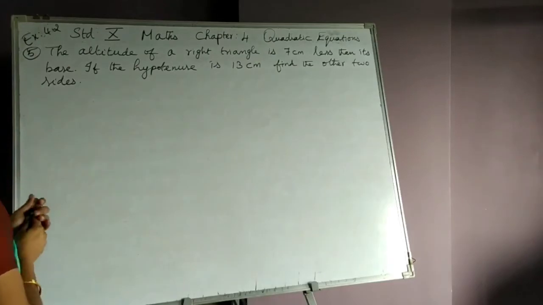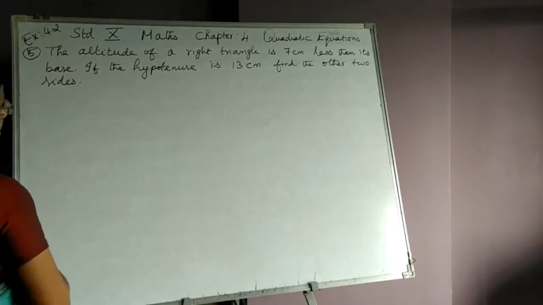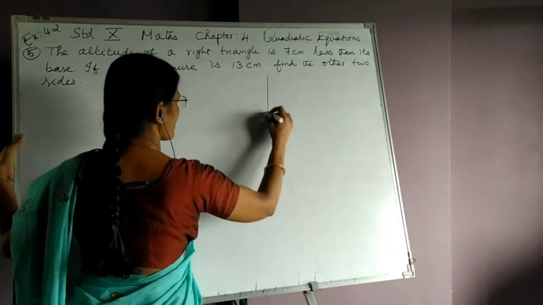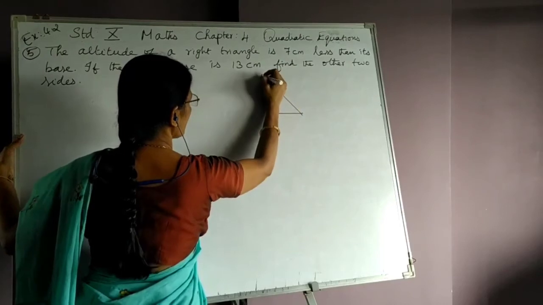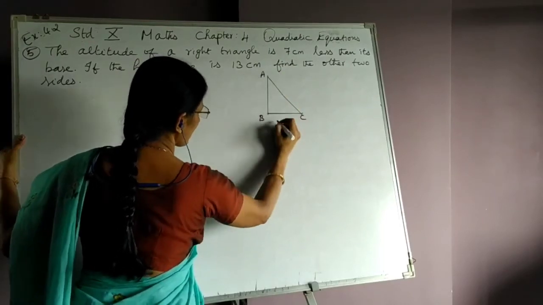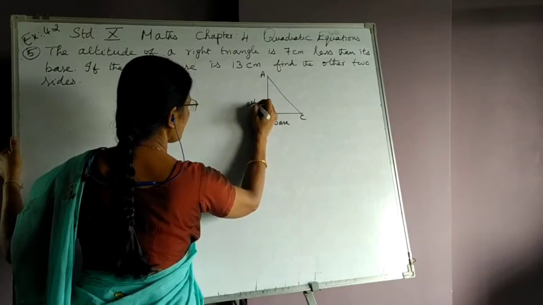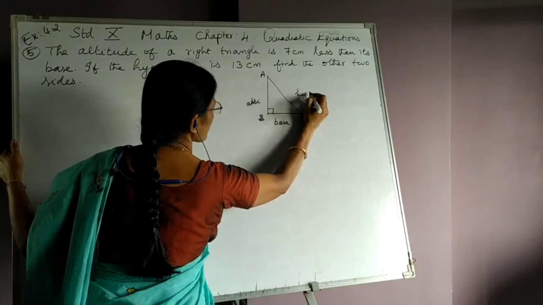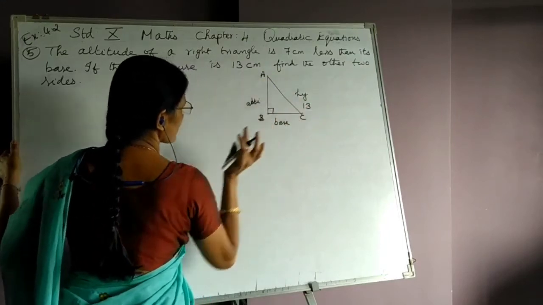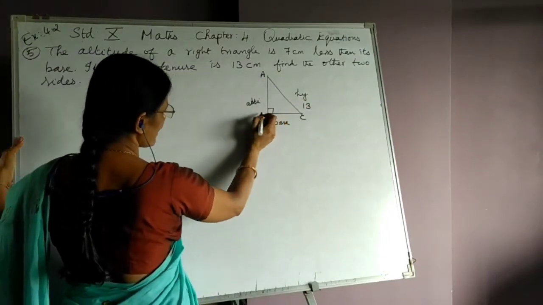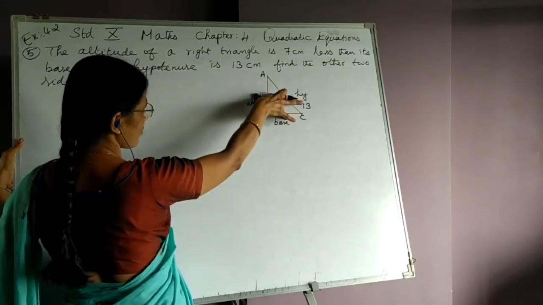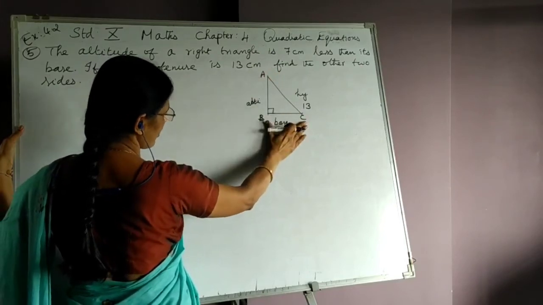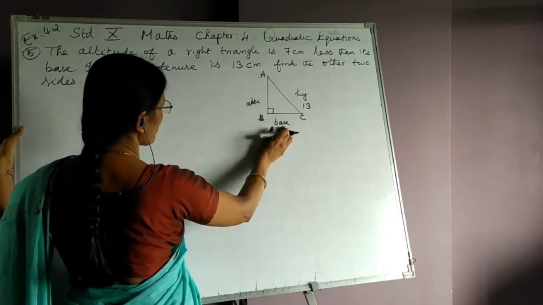What do you mean by other two sides? Base and altitude we are supposed to find, whereas the hypotenuse length is given as 13 centimeter. Let us understand by drawing a small right angle triangle ABC. I take BC as the base and this as the altitude. I have taken B as 90 degree, therefore this is my hypotenuse. This hypotenuse is given as 13 centimeter. When the sides are forming a right angle, out of the two, any one can be taken as base, the other one as altitude. Even this we can take as base, and this can be taken as altitude. But here I have marked BC as the base.